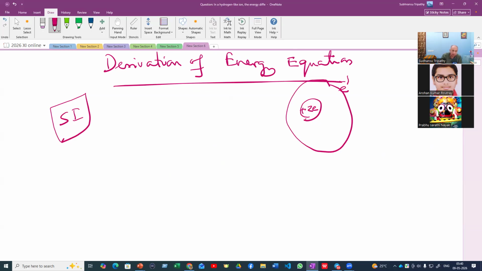Bohr theory is applicable for one electron species, which is in the ground state. Lakshman Rekha, it is moving always until and unless you sort it out by supplying appropriate amount of energy. Now, supposing the radius is r, and as a general principle,